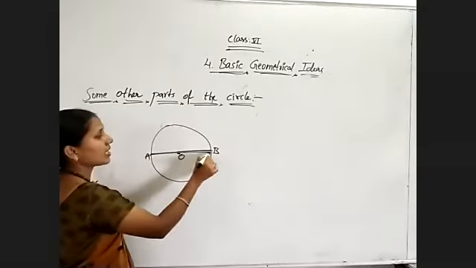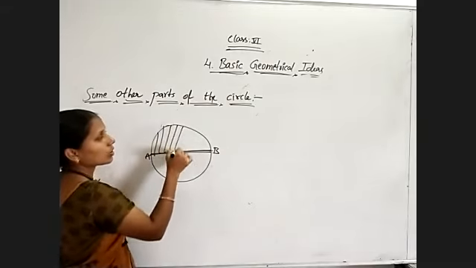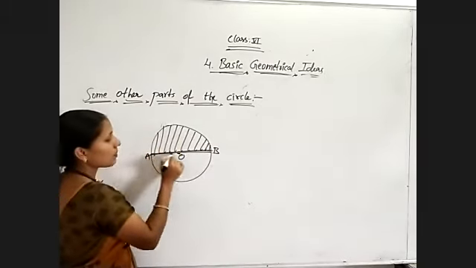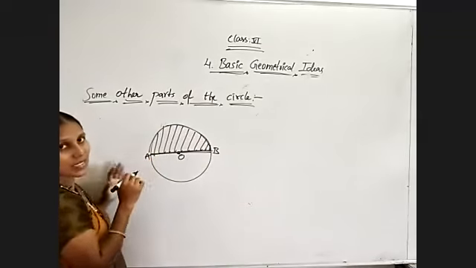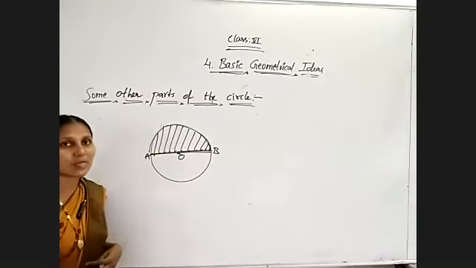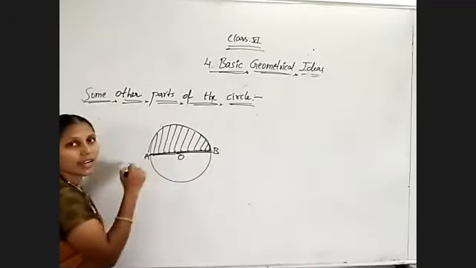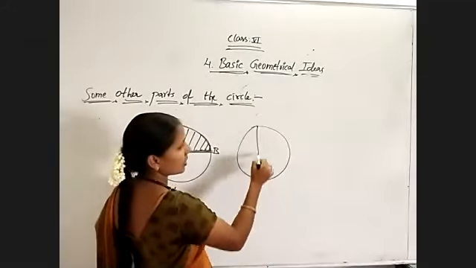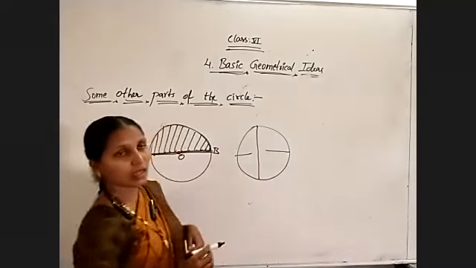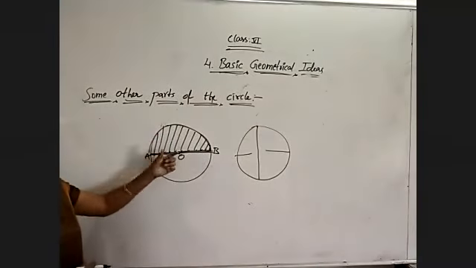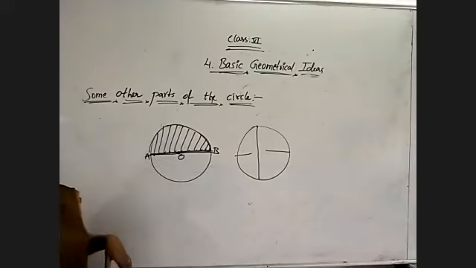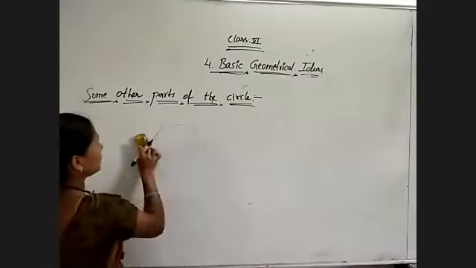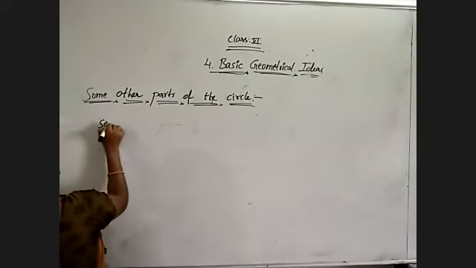For a circle, the diameter divides the circle into two parts. First part, second part, two equal parts. So half of the circle is known as a semicircle, and it is obtained by dividing it with the diameter. So suppose you draw like this, this is also a diameter, which means this is a semicircle and this is another semicircle. So the circle is divided into two semicircles by the diameter. Okay. Half of the circle is known as the semicircle. So semicircle.